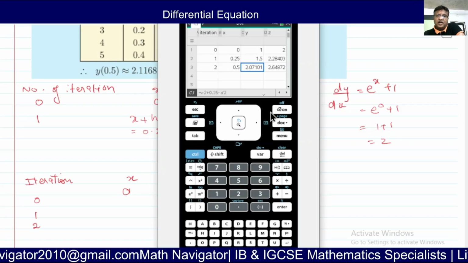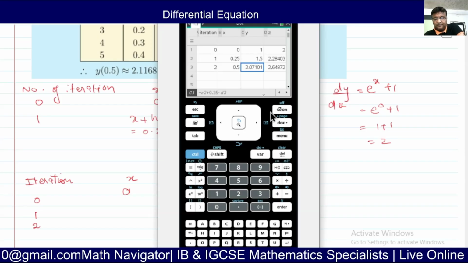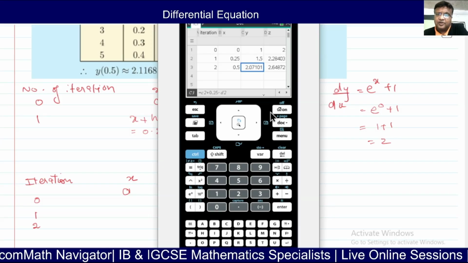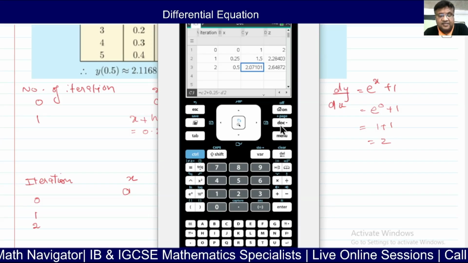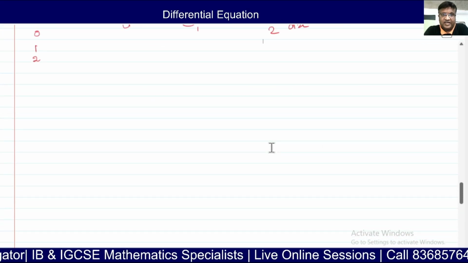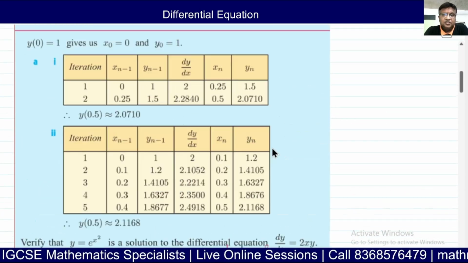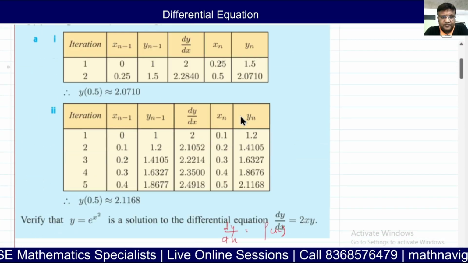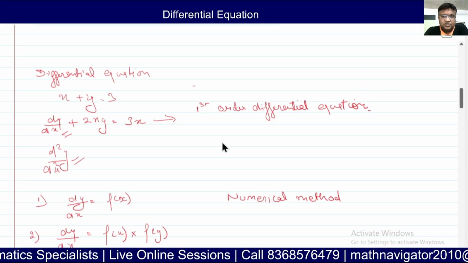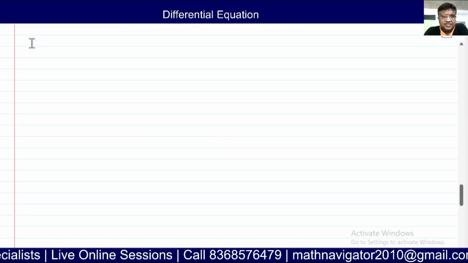Do see the video again once you're done with it, then you'll understand. It's very simple. And in differential equations, the main thing is, if you are comfortable with integration, you will find it easier. So let's start using the different techniques of solving differential equations. Got it? So let's do some questions. This we have done, I've explained it. Now let's do this question and see how it works. Let's copy and paste it here.